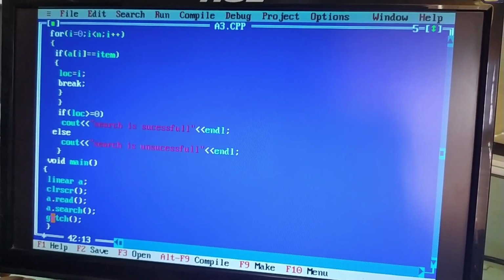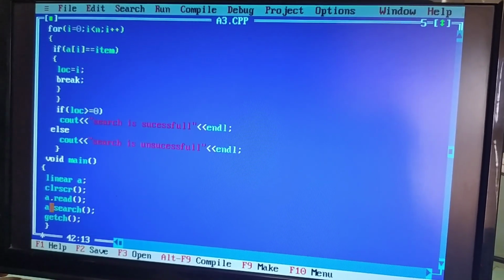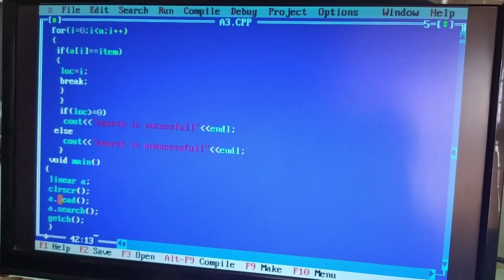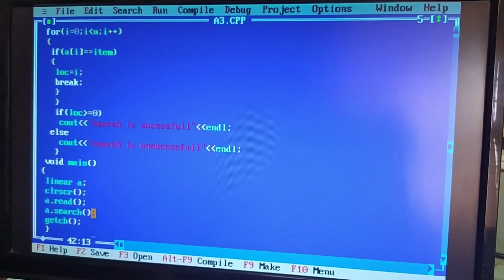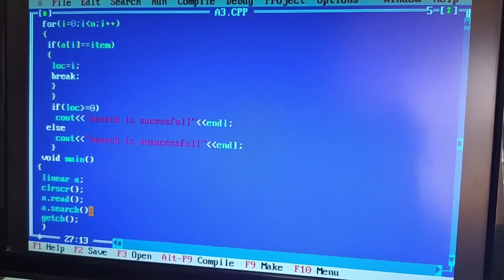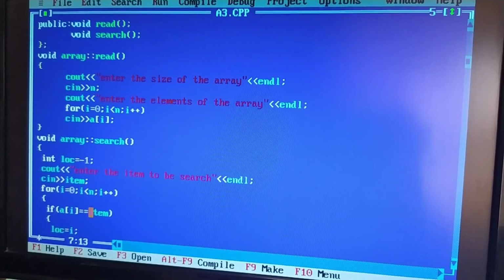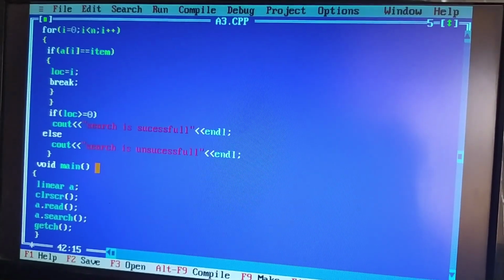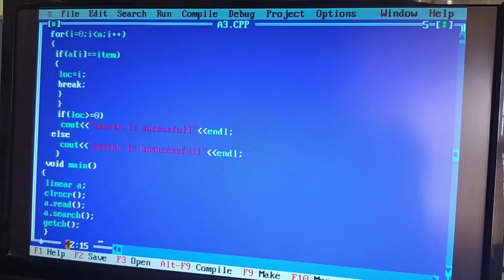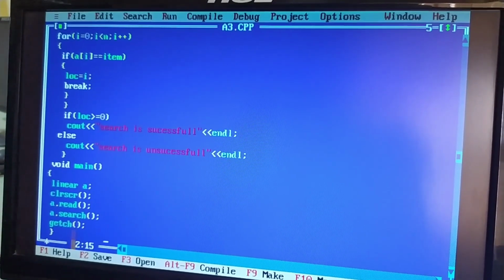Next, a dot search. After taking the elements, it searches for the element, that is a dot search. This goes to the search function. Next, if required, you can optionally use getch.